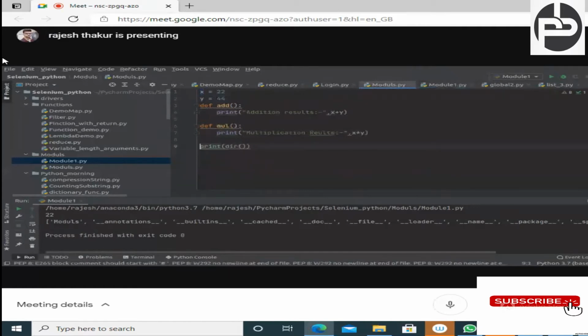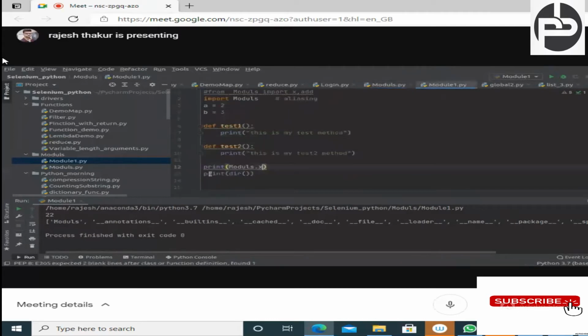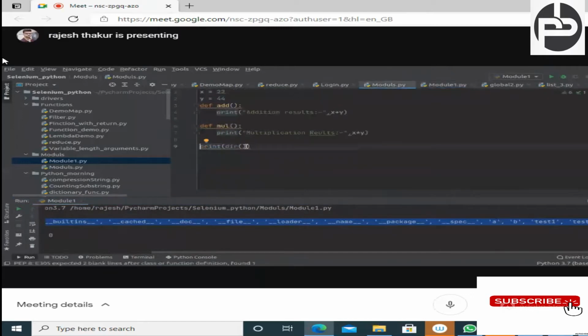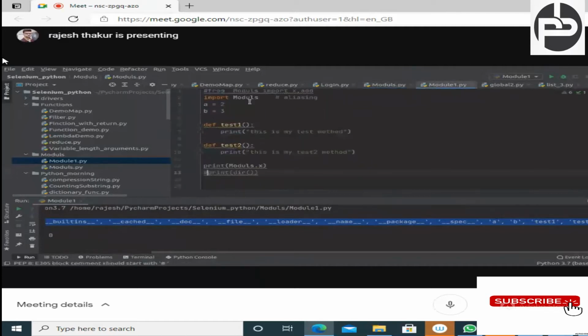We are going to write print directory method. What does it do? I'm going to remove this directory line, because if I write the directory method here, it will return the current module's variable and function names. It will not print that module. So I'm going to remove this line number 13, so that I can see. Now you can see I wrote this print directory inside this module. If I import this module, automatically what functions and built-in methods are available, we can access.